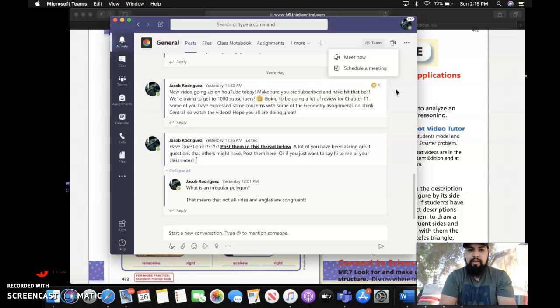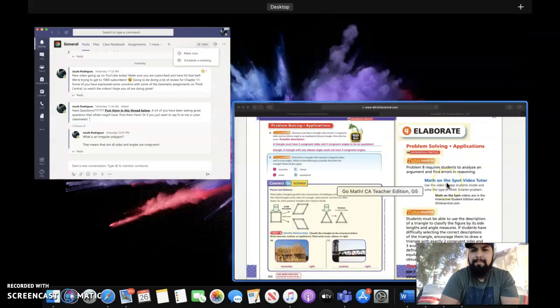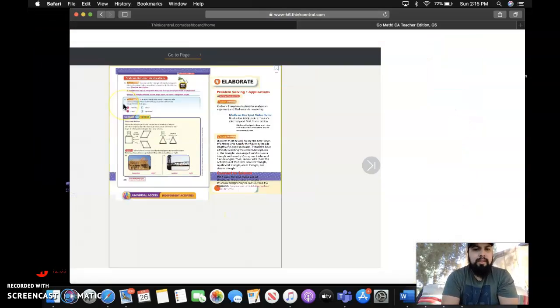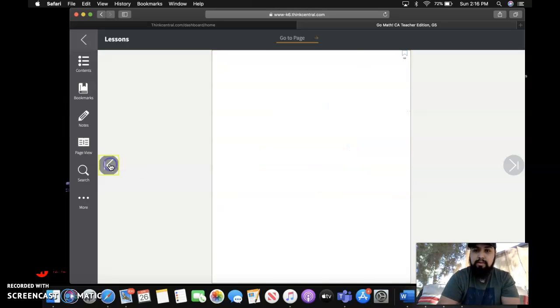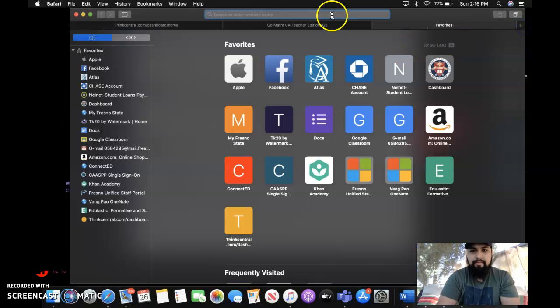As far as the rest of this lesson for 11.2, another activity that you can do, like we did in class, would be to post different pictures of the triangles. And you can find those anywhere. If you guys all have your laptops now. If you haven't received a laptop, I'm not sure if they're still scheduling dates. I saw most of you pick up a laptop, but there might be a few that weren't able to. But you could even search it on your phone. So one thing you could do is search up